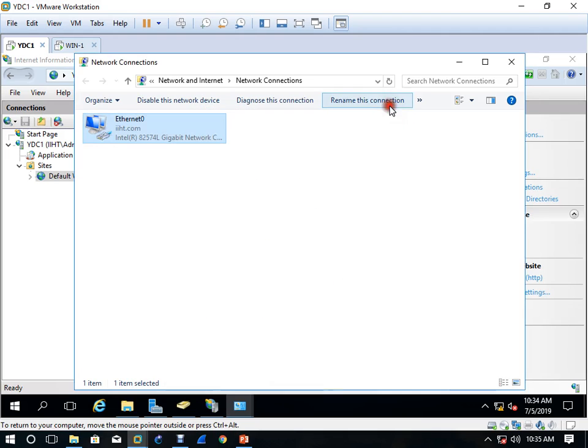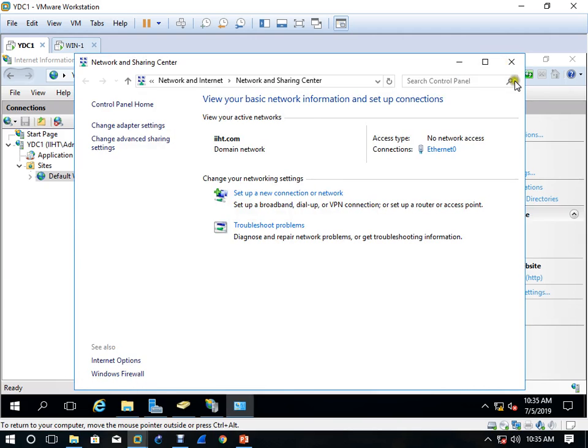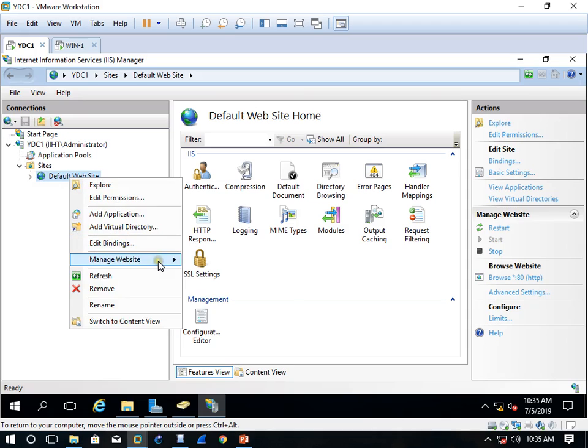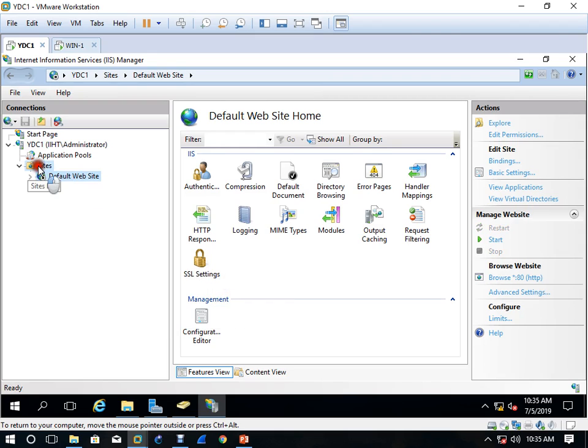So this 10.1 IP address is automatically associated with this one. Because you are going to deploy another one, you have to right click, go to manage, and stop it. If you have IPs, you can buy multiple IP addresses and add them on the interface. You know that. But I have only one, so I'll stop this one.